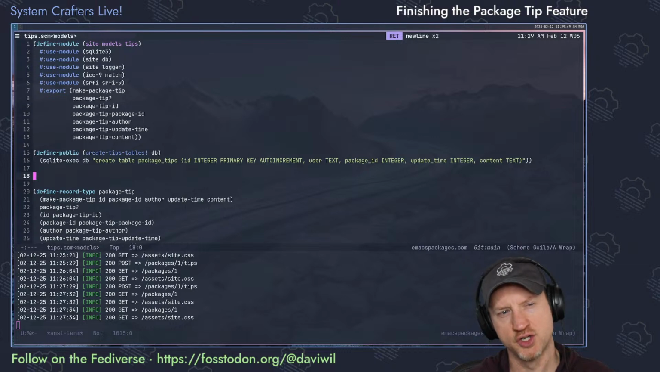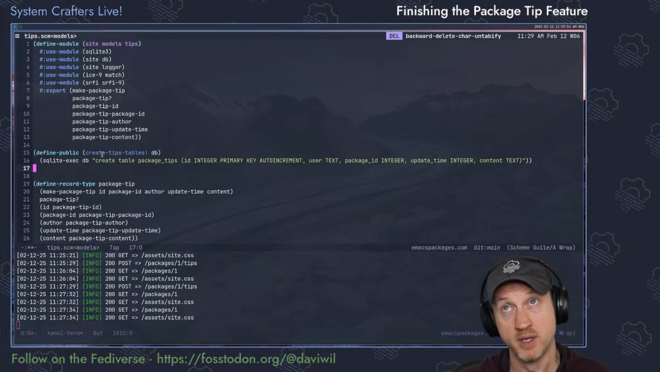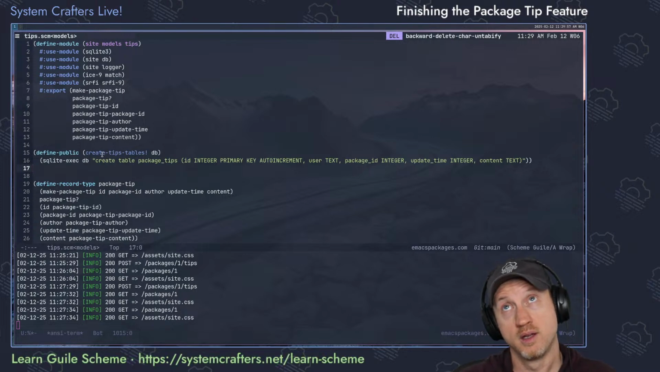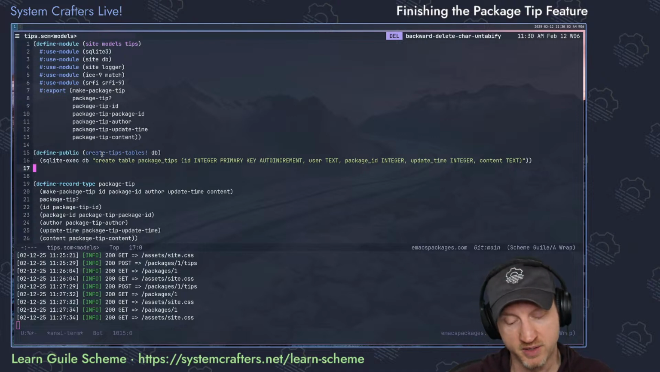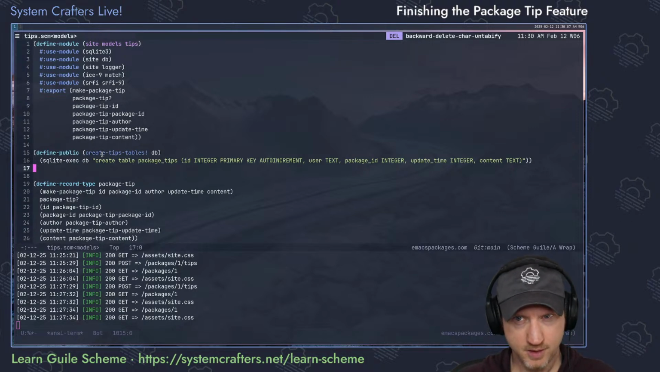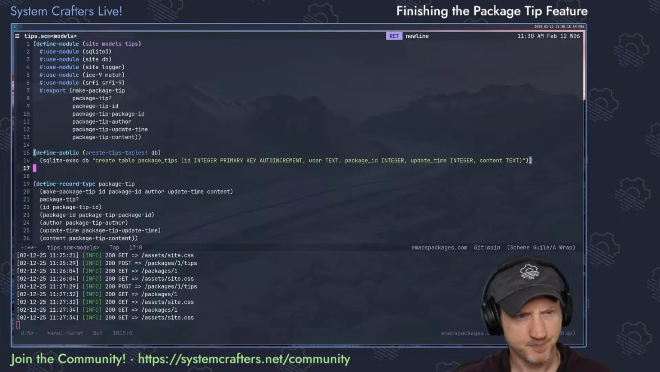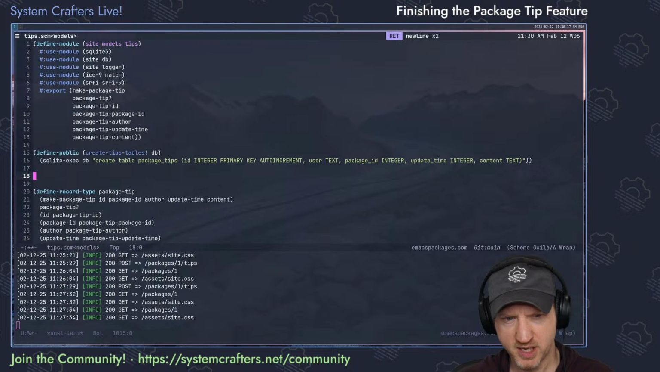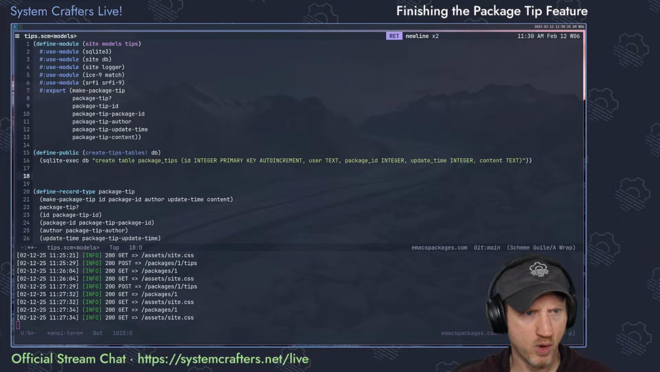Which is that I shouldn't be having these create tips tables procedures. It should be more of a series of SQL snippets that establish the current state of the database as the code expects it to be. So maybe that's something we could do next time, but I'm not 100% sure. Having a whole stream of database migrations could be useful though. Anyway, the point is that what we would want